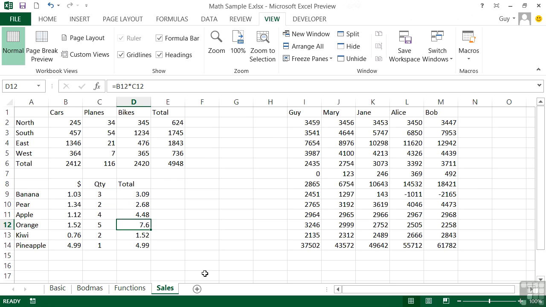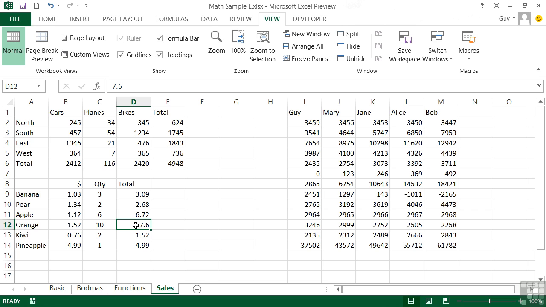So this one contains a number, which might not seem too much of a problem, but what happens if somebody makes this a static 7.6, which currently is correct, but if we then buy more oranges, the result here in the total does not change because we've removed the formula, we've deleted it, we've overtyped it. Whereas the apples, they still have a formula in, we go 6, the total changes. So we don't know that that 7.6 or $7.60 is static or a formula without actually clicking on the cell,